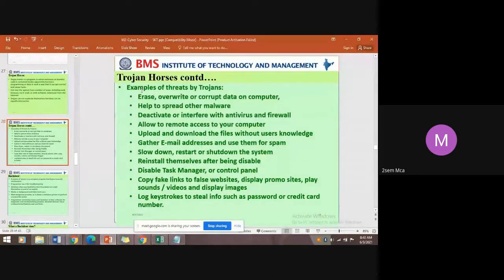So examples of threats by Trojans, which are the threats that can be posed to your local system, are to erase, overwrite or corrupt data on the computer. So because it is a computer software program, how do you design that? For example,